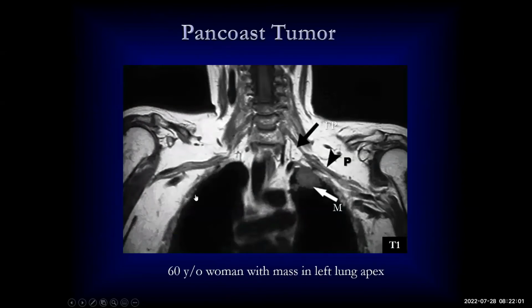This is another case of Pancoast tumor. You can see it's in a 60-year-old woman. These coronal T1 weighted images show a small bilobed mass. You can see the white arrow is pointing to it in the left lung apex. And you can note that there is preservation of the normal interscalene fat pad, which is pointed by this big black arrow,